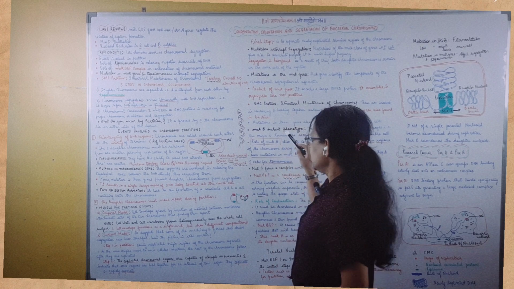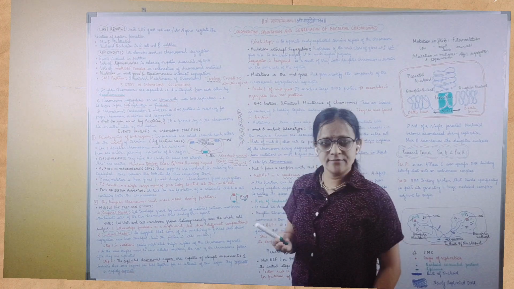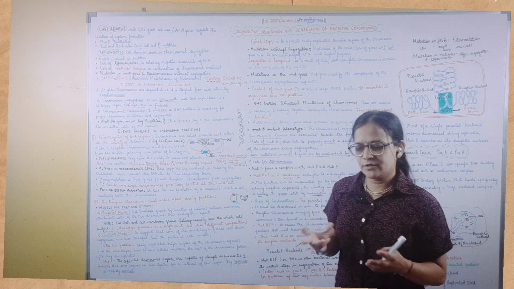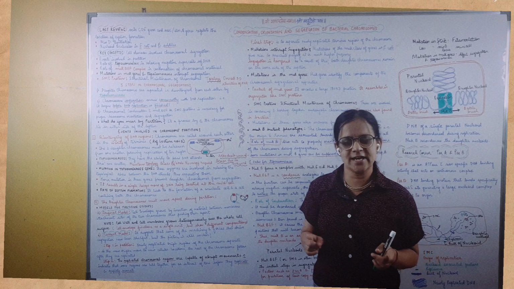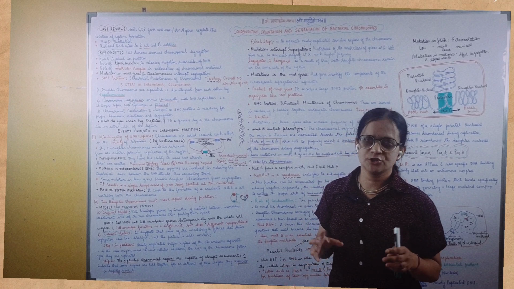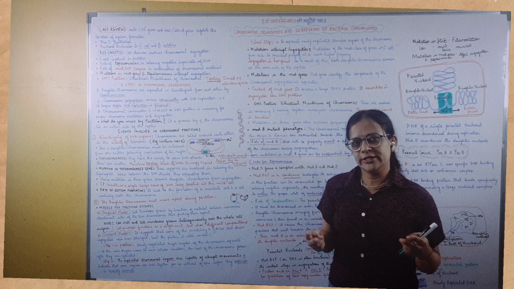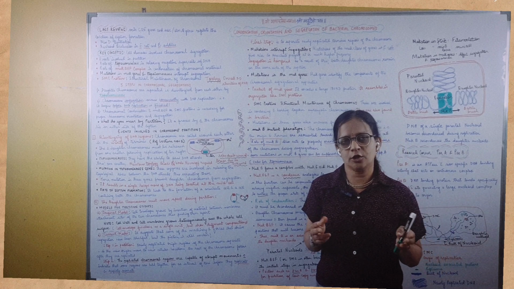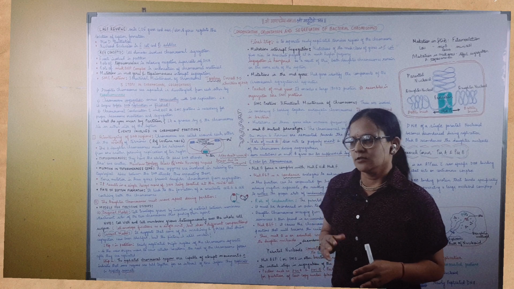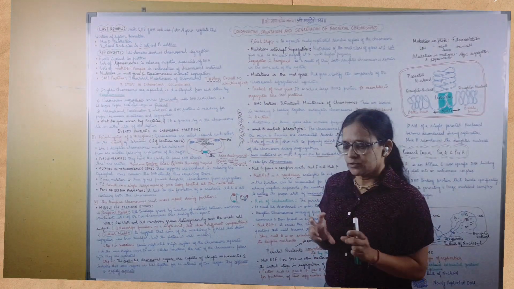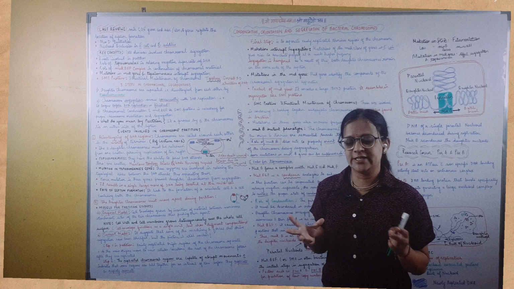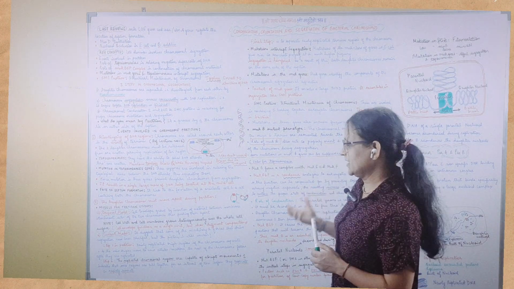Secondly, you will have to unwind. After unwinding, you will have to replicate, right? So after relaxing the two DNA strands, the replication process will take place. Once the replication process is over, the two DNA strands now form two more newly synthesized DNA strands. Then the condensation will take place. So after replication, you will again have to recondense.